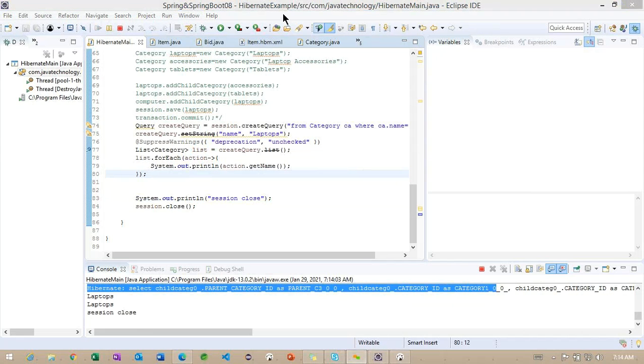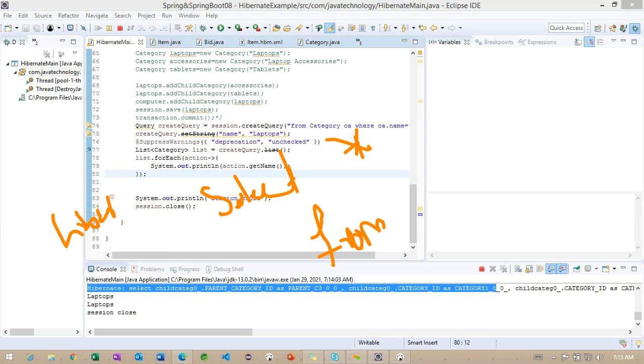But observe here, what is the difference between SQL and HQL? Basically, whenever we are trying to work with SQL, how are we going to write? Something like select star from the table name we are going to specify, right? Along with the table name, we will specify the schema name also. So here, what is the schema we are using? Something called Hibernate dot, and what is the name of the table? The table we are working with here, category.